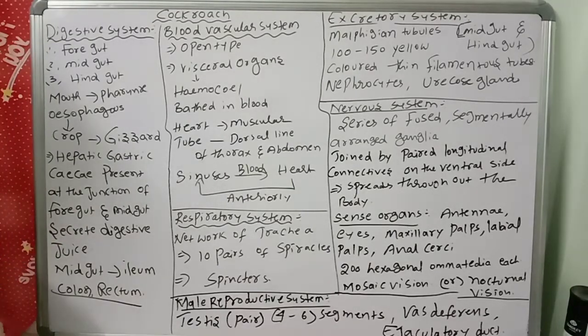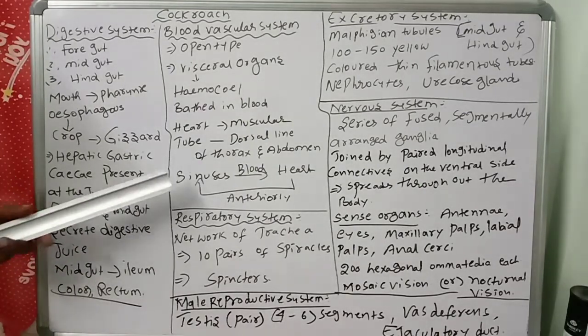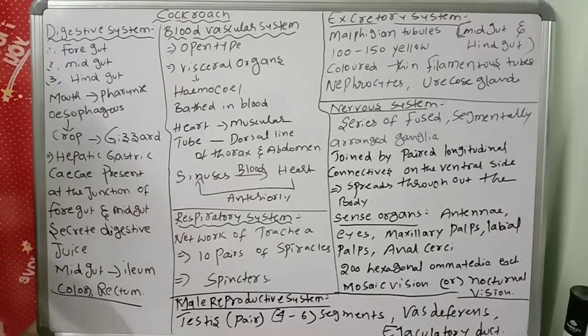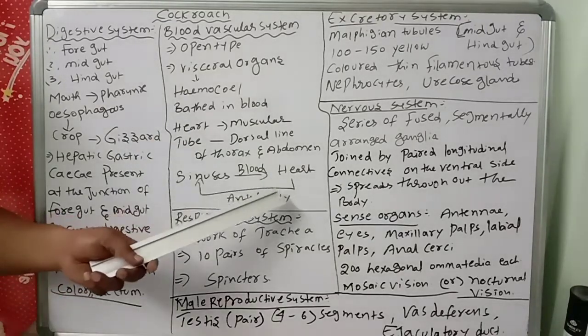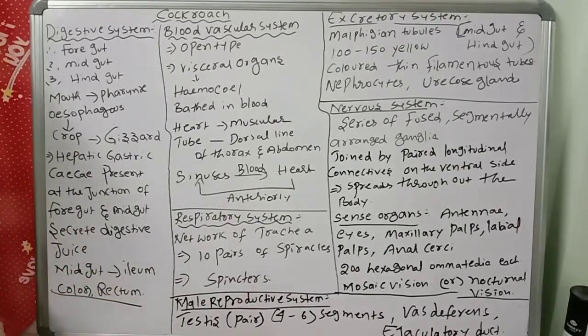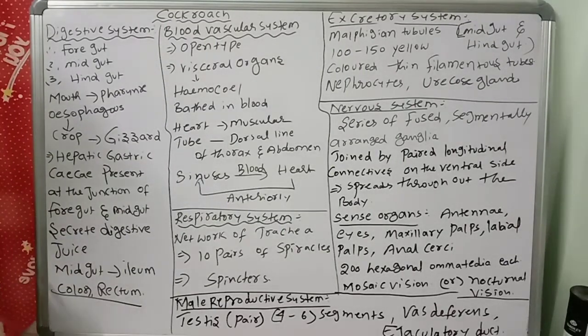Thorax and abdomen region. So head, thorax and abdomen region is there. Next, another important one: blood from sinuses enters into the heart, and again from the heart to the sinuses, entering anteriorly. So sinuses to heart, heart to sinuses. It's a common process, so it will be exchanged in a cyclic manner. This kind of circulation system, the blood vascular system, we will be seeing in the cockroach.